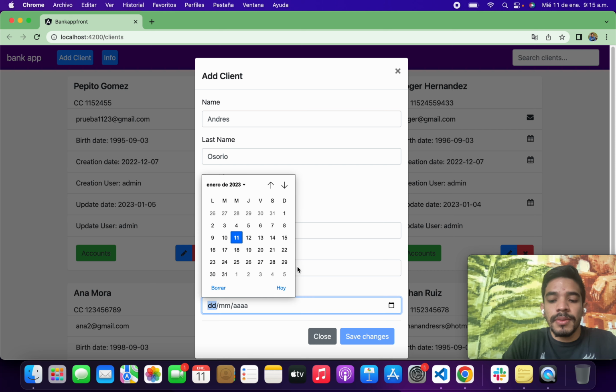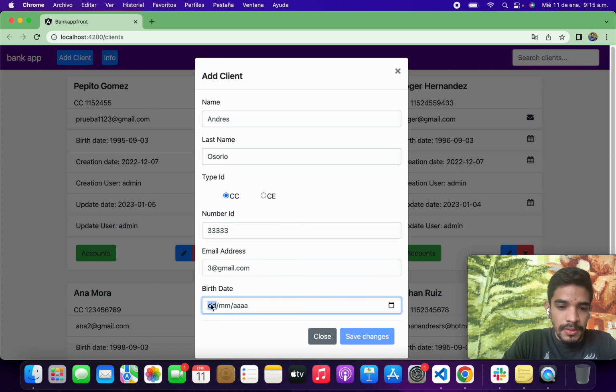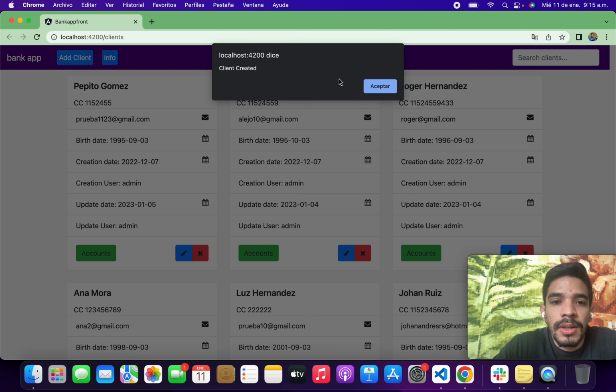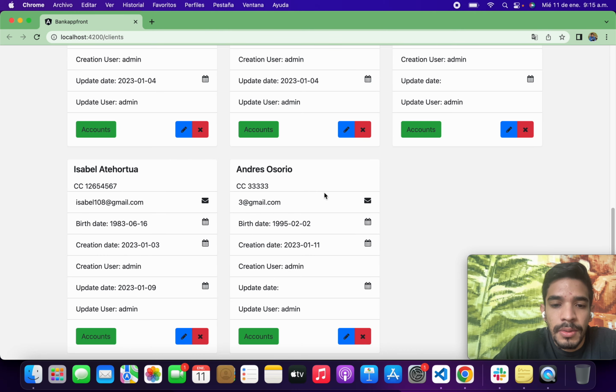And this client, the birthday is 2nd of February 1995, for example. So I'm going to save the changes, and we have client created, and we can see this